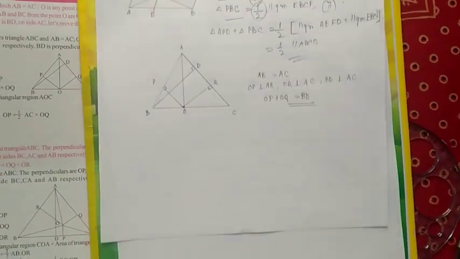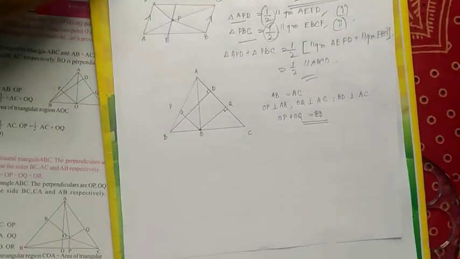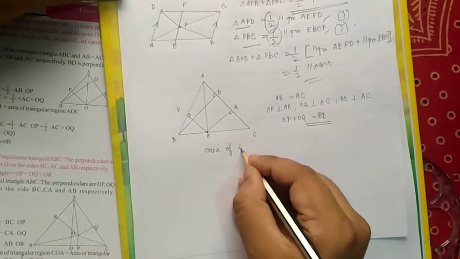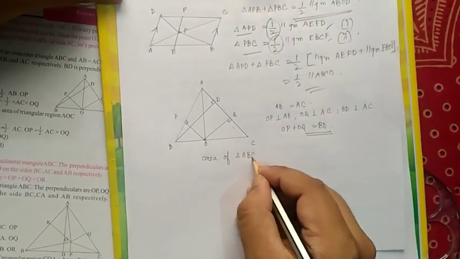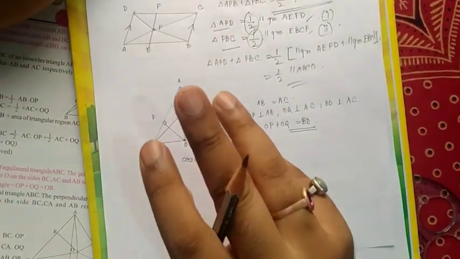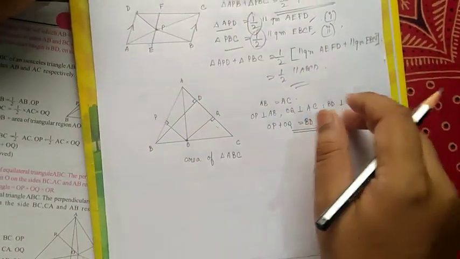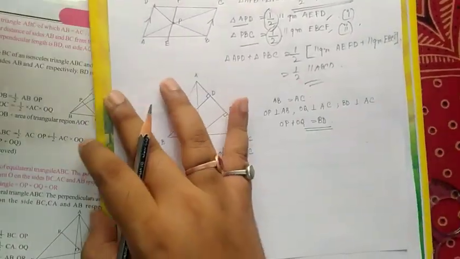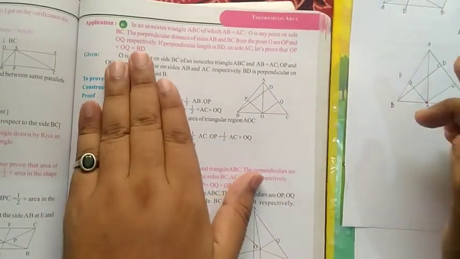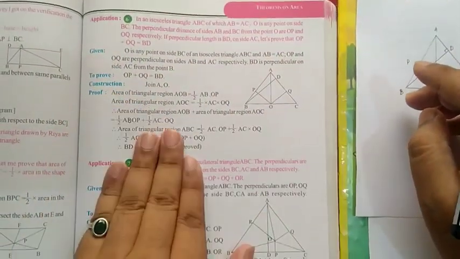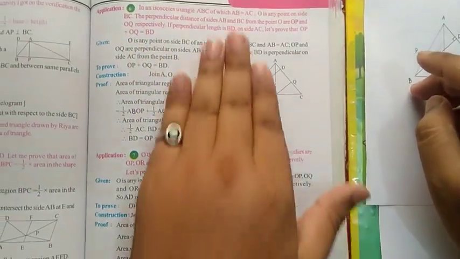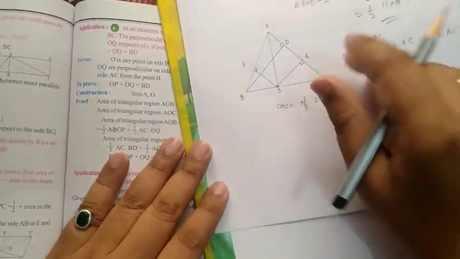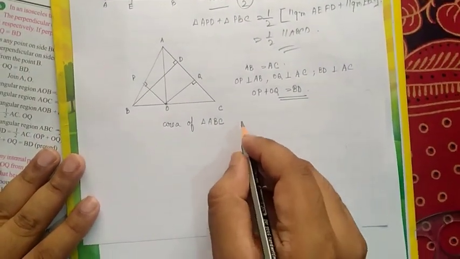Now, first of all, this is the proof: area of triangle ABC. I say once more, this is very important. Here I have to draw the diagram and also discuss the main important things. You have to go through this. This is the statement, given, to prove, construction, proof, in this manner and in this writing style. Okay, I am clearing all of your doubts.